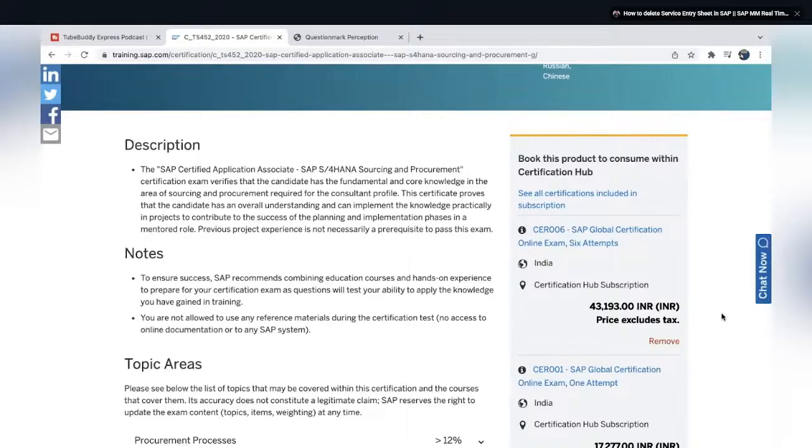What is the 6 attempts? For example, you can write the same certification exam for the first time, you failed, you can write again for the second time, and again for the third time. So you can try until you pass the exam. And if you finish the first time itself, you can write one more examination. Like that, if you are clearing each certification exam on the first attempt, you can clear